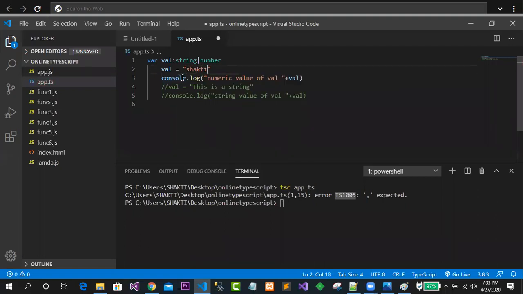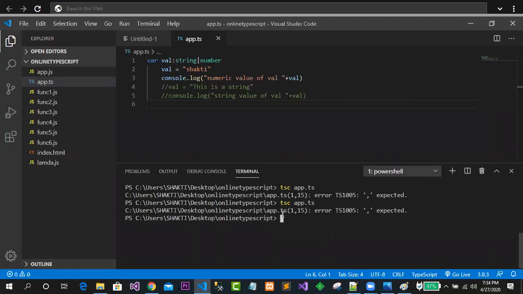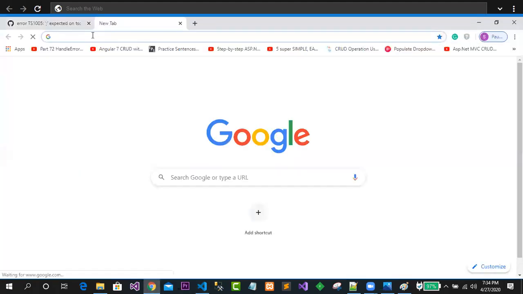Okay, and just try to go for here like tsc. Then this is what kind of things that I will go for, app.ts. No, it is not possible something like this. It means that this version of TypeScript that I'm using now might not be supporting this union type. So what I should do here, so simply you would do